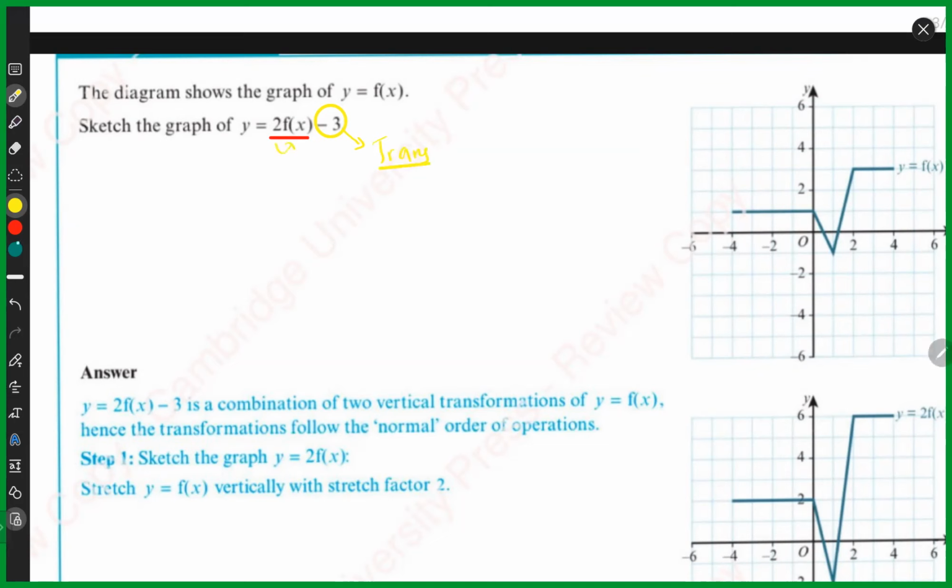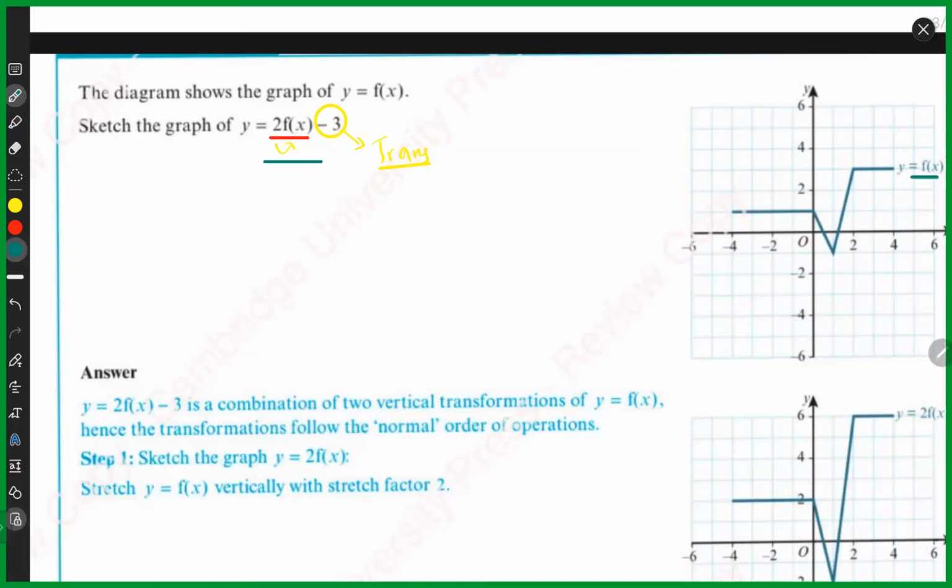Okay. So yes, that's true. Sometimes things are different for x, but here both the cases are being done for the function. We are multiplying 2 with the function and we are subtracting 3 from the function. So first of all, using BODMAS, I am going to look at the effect of this 2f of x, what effect this would make on my graph. Now forget about this graph, it is just a random graph. And first of all, if I say this is the graph of f of x, what would be the graph